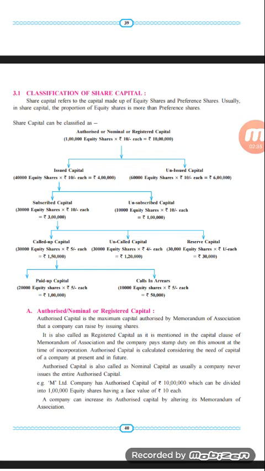Authorized capital is that capital which has been mentioned in the memorandum of association of the company, and this is the maximum amount of capital that the company can raise from these sources during its lifetime. Here, in authorized share capital, 1 lakh equity shares of 10 each are given. What is this 10? This is the face value of the shares.